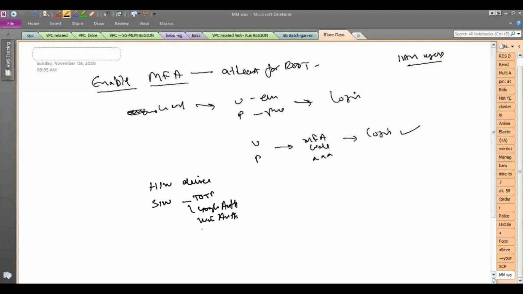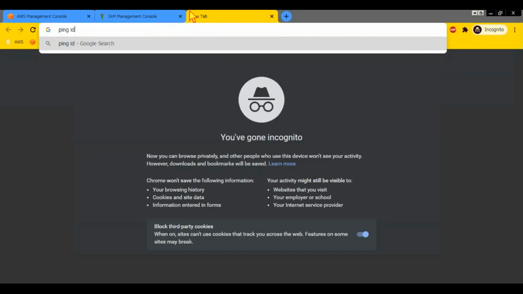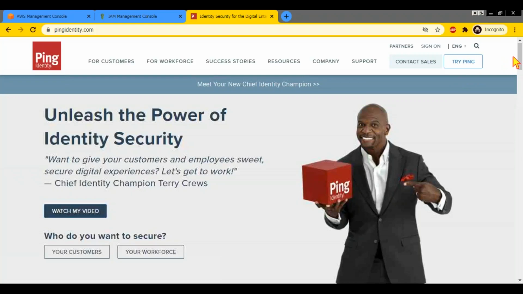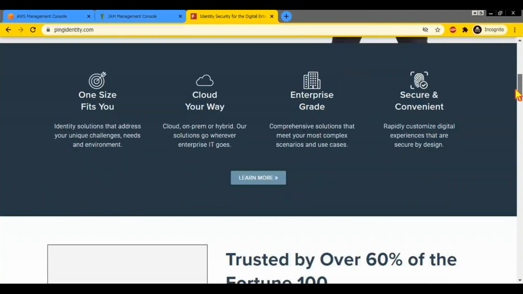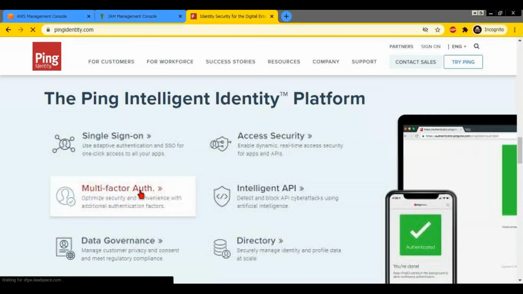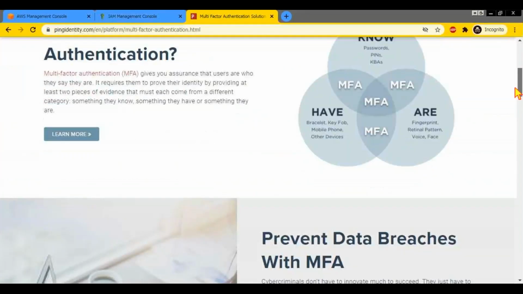So what is the tool that you use? Ping ID. Can you spell that out? Ping ID. Let us see what that is. In my previous company, we used some other tool. Okay, so it is some software you install, right? Or hardware also, yes. So probably they have a multi-factor authentication. Yes, you install the software and you generate the code.